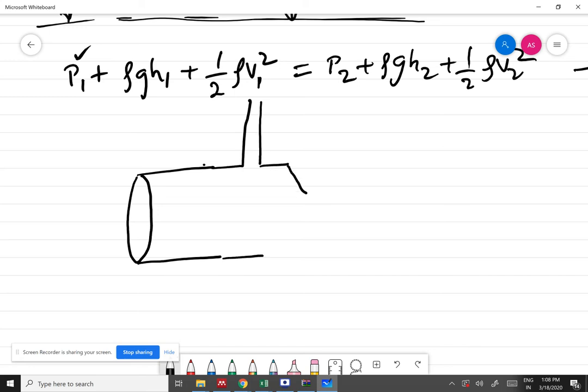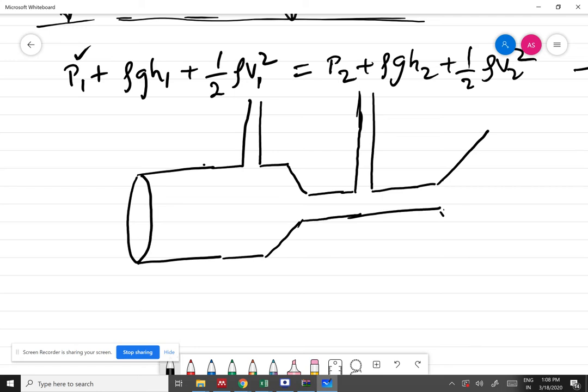Then you have a smaller entry point like this, and on the outflow there is a kind of socket out of this tube like this. Then this tube again comes back to the original size, this side. Okay, so this side the pressure is P1 and the area is A1 and the velocity of flow